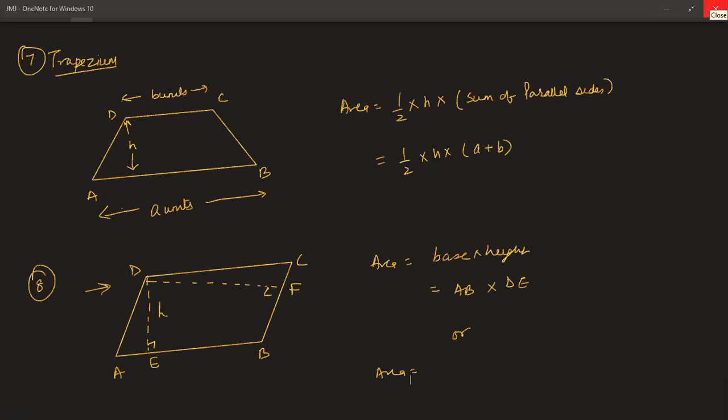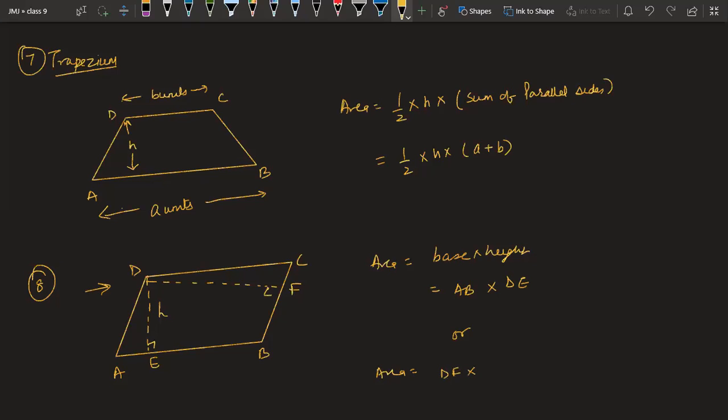Then area will be BC into DF. Yes, in that case base will change, BC will become the base. So it can either also be DF into BC. So these are two possibilities for a parallelogram. Okay. Now in triangles,